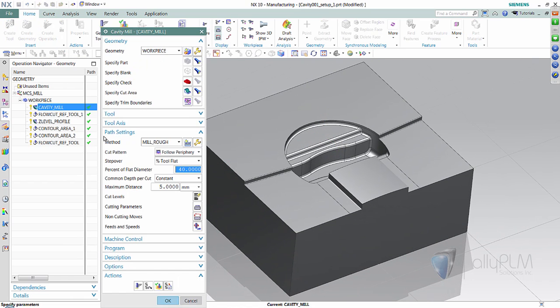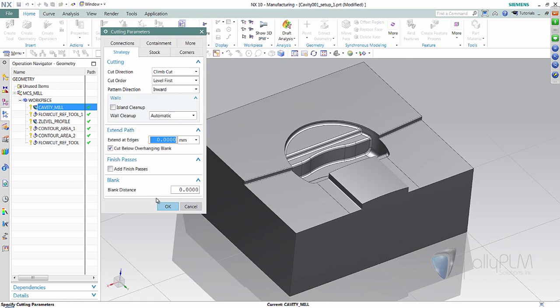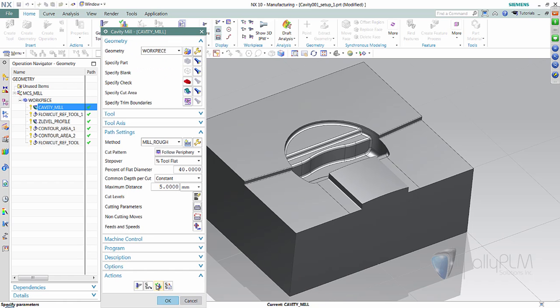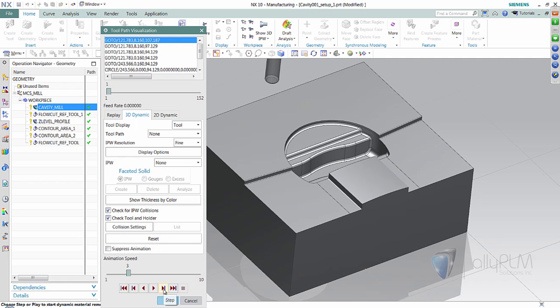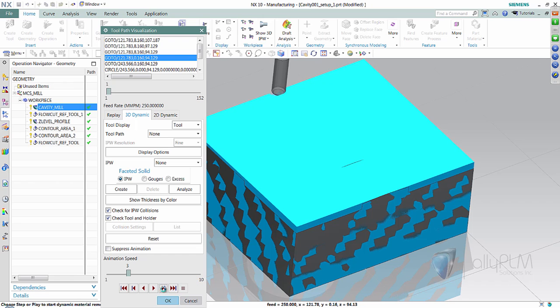As you can see here, I've got a cavity mill operation, and I'm going to go into cutting parameters, and if you notice I have the cut direction set to climb cut, and previously we only had inward and outward options. Well, now you can see we have an automatic option. Right now I have this set to inward, and we'll take a look at this and verify, and we'll step this through, and notice it starts on the outside of the part and works its way inward, maintaining a